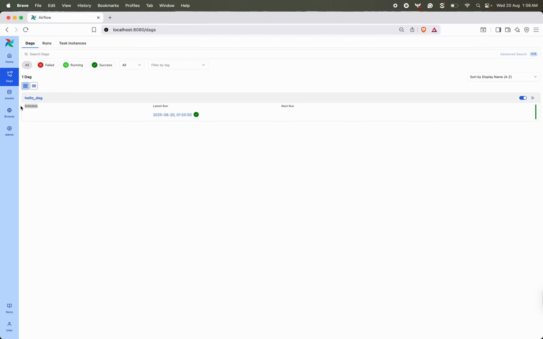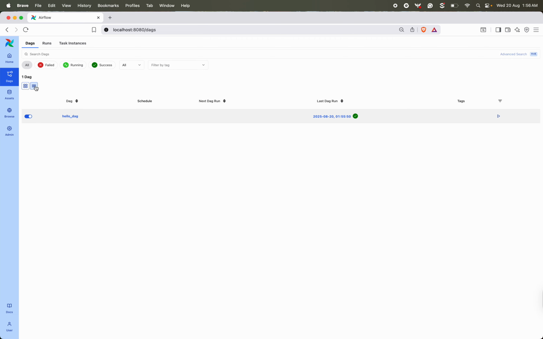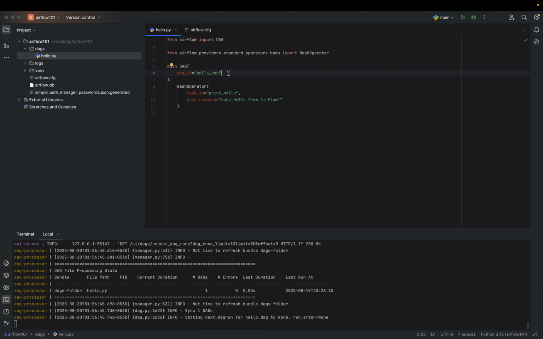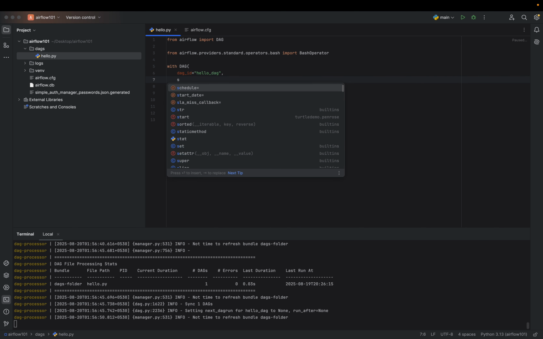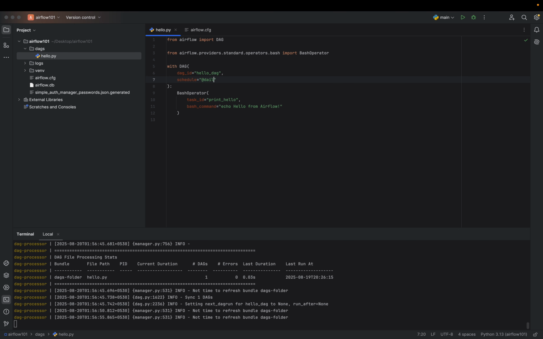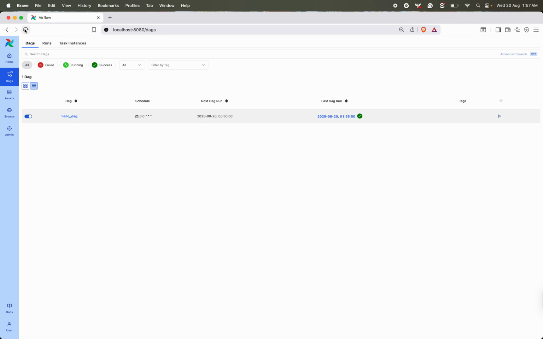Now if you see the schedule here in the UI, this is empty, and next run is also empty. So how can we control this? Let's go to our DAG file and update the schedule and add the schedule parameter here. Let's say I want to run this DAG daily. I'll add daily, and I'll refresh my DAG. You can see now the schedule is set to daily, and